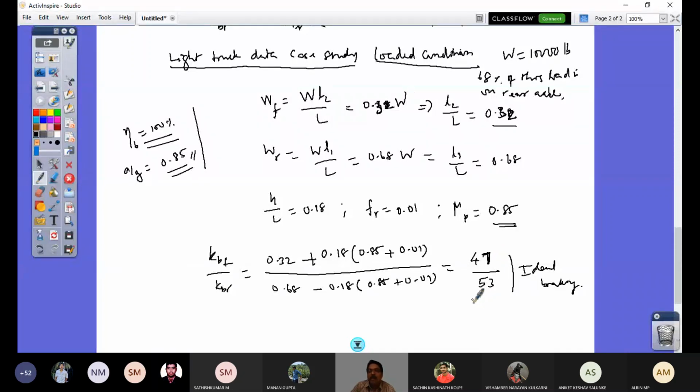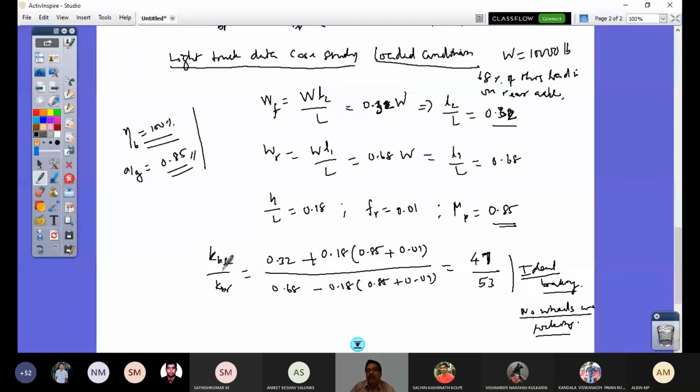Both the wheels will lock at the same time, and that stands for skidding? Both the wheels, or a few wheels. That's what is very important. See, now this is what is called ideal braking. That means no wheels are locking, or wheels are about to lock. If there is a slight increase in my braking force, or a disturbance in this, if these proportions are varying, if it has become 48, there will be wheel locking. If it is 46 also, there will be wheel locking. But the numerator and denominator sum is always equal to 100%. That is the definition of your KBF and KBR.